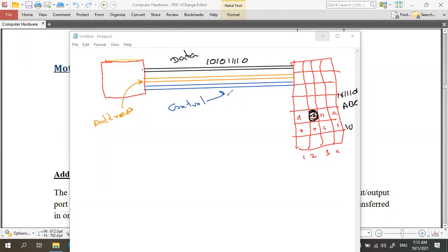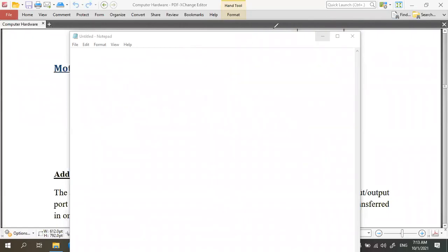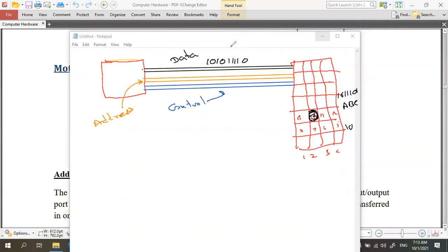Now the data has to be read out from the RAM.